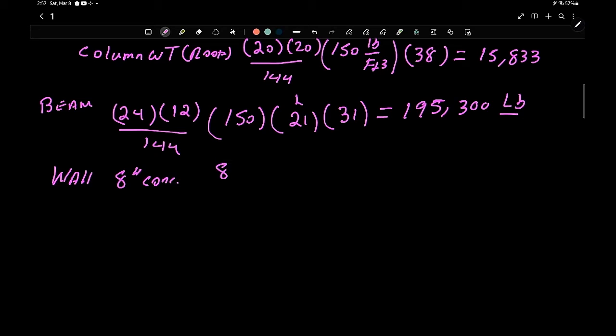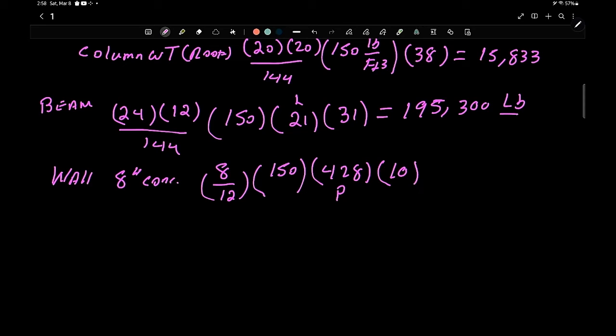So we're going to say 8 divided by 12 times 150 pounds per cubic foot, and the perimeter wall was 428 feet long. That's the perimeter of the building, and 10 feet tall. We'll talk about this in a little bit, and that came out to